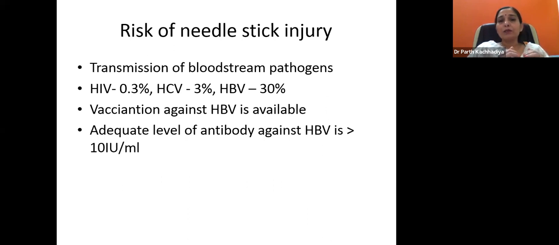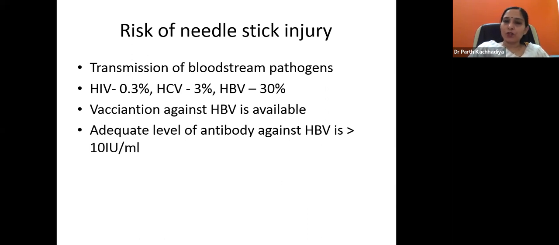We need to know the serology status of the patient. If we are not aware of it, then we need to advise to get the serology of the patient. If patient serology is negative, then it is very, very good. If the patient turns out to be positive for either of these three viruses, then accordingly we have to take